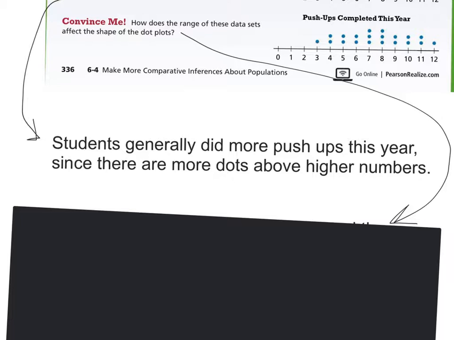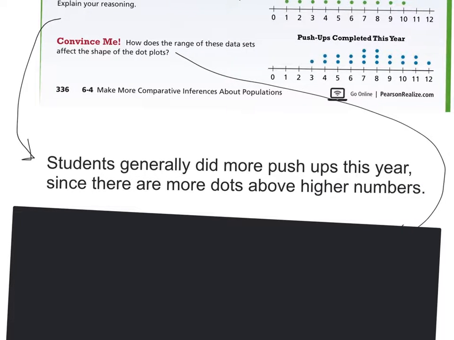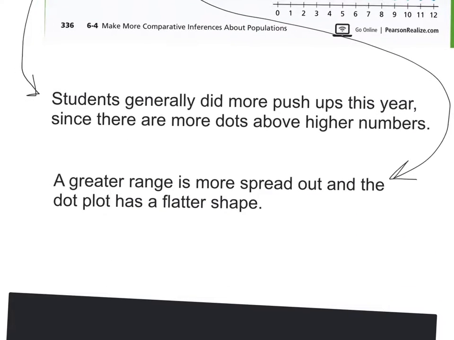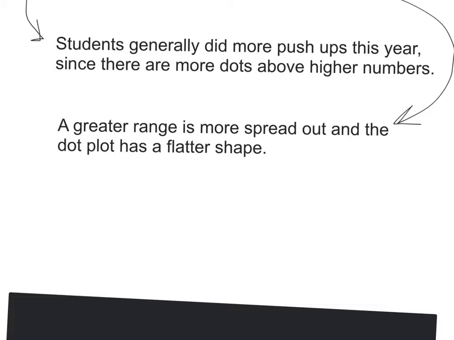Next question asks, how does the range of these data sets affect the shape of the dot plots? How does the range affect the shape? So if we have a greater range, it's more spread out and it has a flatter shape. If there's less of a range, then that means they're not as spread out. Then it would have a taller shape, or as a student said, it would be more like it's got hills